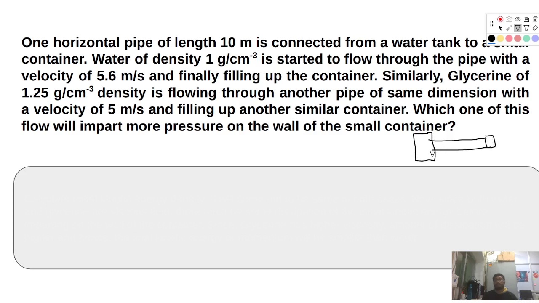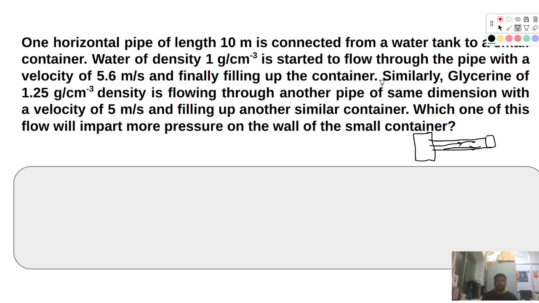Through the pipe water is flowing from the tank to the can, and water has density of 1 gram per cubic centimeter. It started to flow through the pipe with a velocity of 5.6 meter per second and finally fills up the